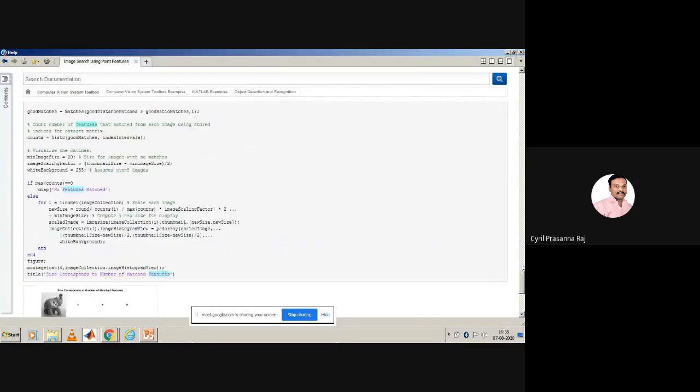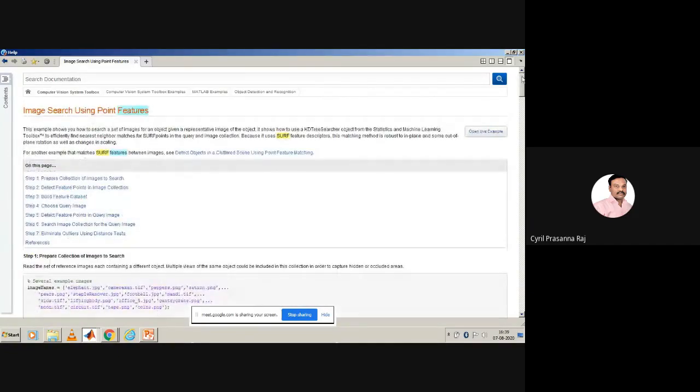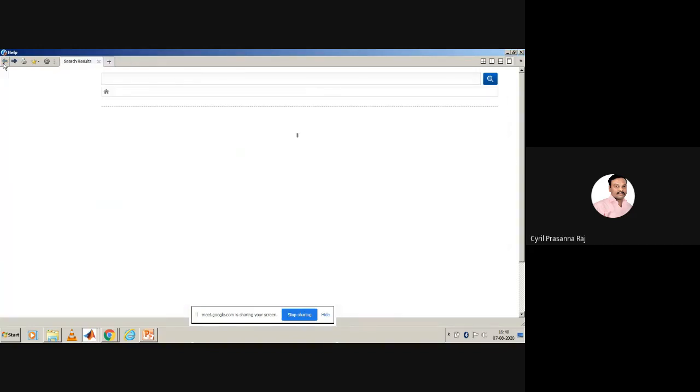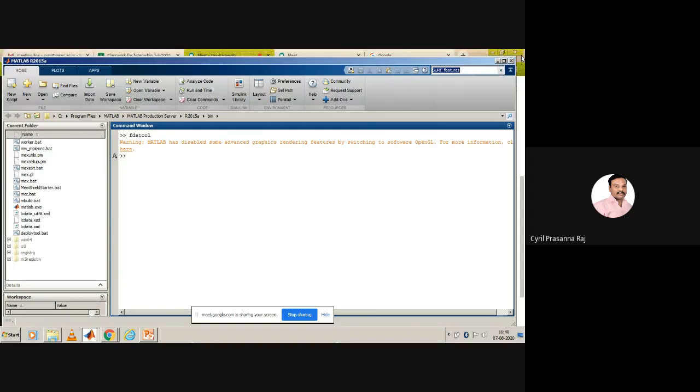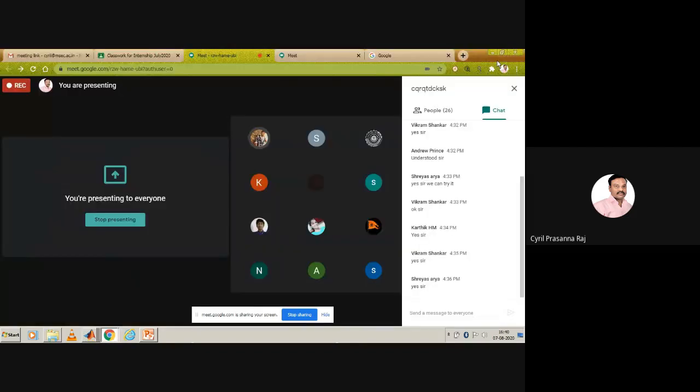This is one of the important examples that I want you to go through before we discuss the mathematical concepts behind this in the next class. Similarly, there is another feature called MSER features, and I want you to know what it is. You can go through these two important features, SURF and MSER, and try to execute the examples available in MATLAB. Then we will meet next class and see how to complete the advanced examples in MATLAB.